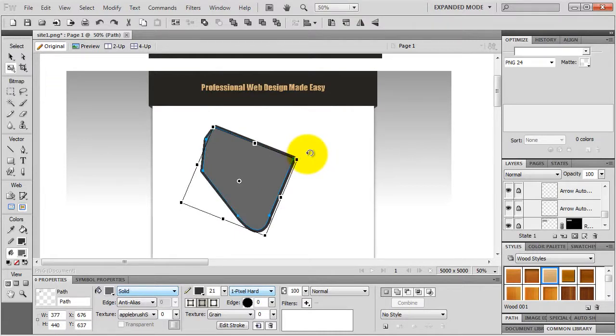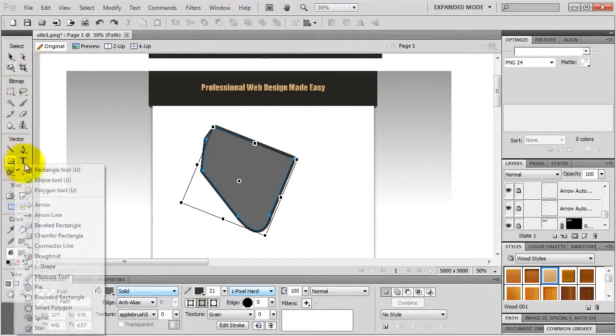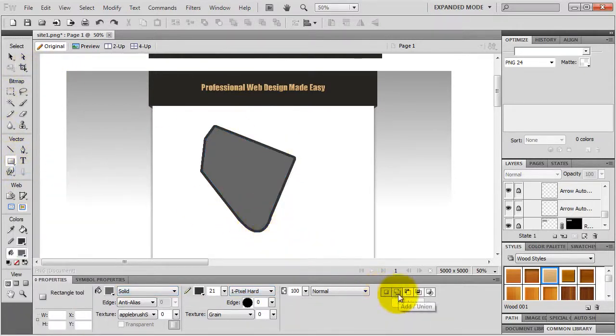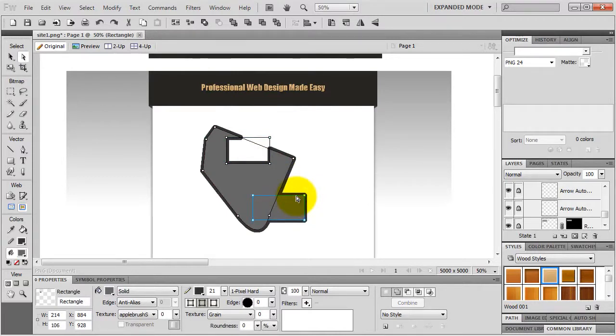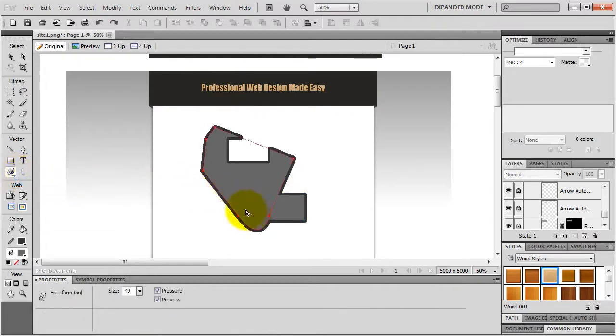I can also grab my rectangle tool and add to it. Let's add to it. I can even subtract. And if I grab my sub selection tool, I can move these rectangles around. Also, I can get my freeform tool and form my object. There we go. Okay, but this was just a quick exercise, so I delete it